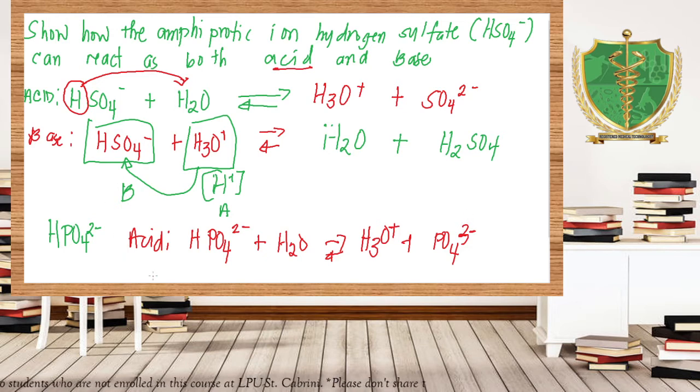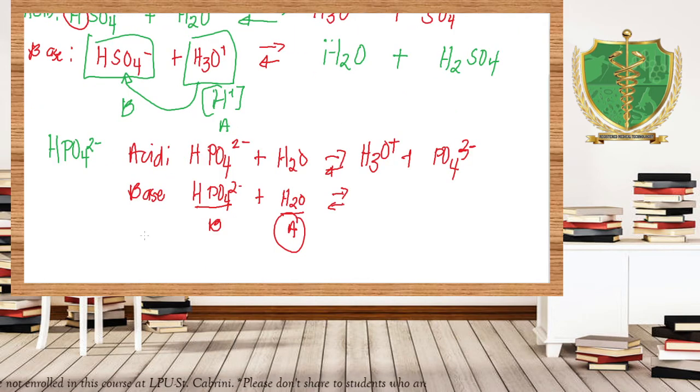Okay, so as a base, we have hydrogen phosphate ion plus water will give us what? So ito yung hydrogen phosphate natin yung base. Ito yung acid natin ngayon. Ano yung ginagawa ng acid? Ang acid, nagbibigay ng hydrogen. So this will become